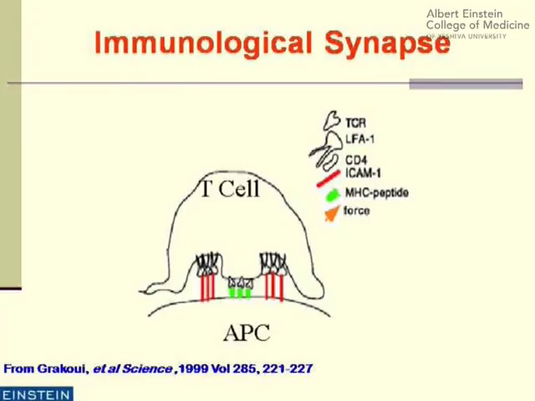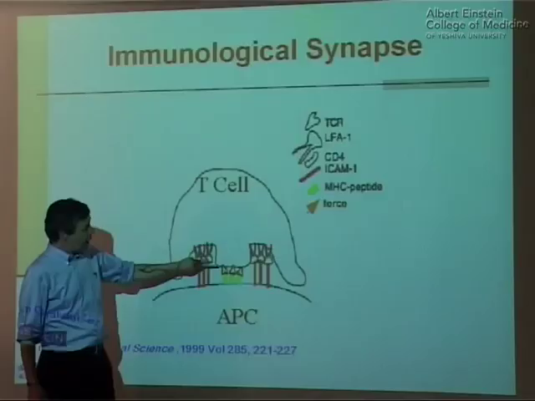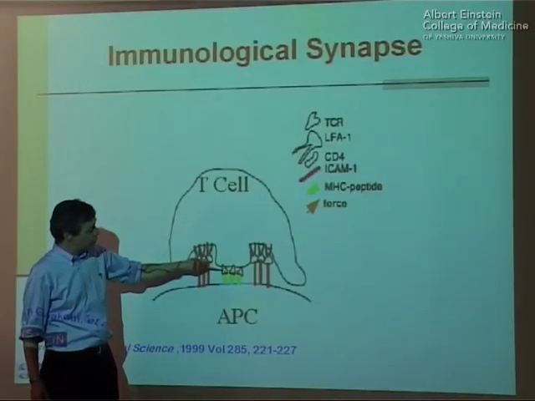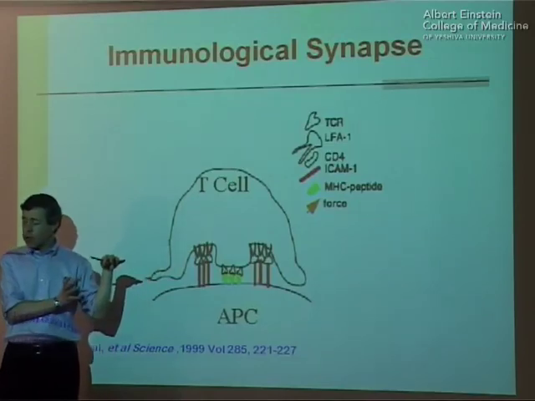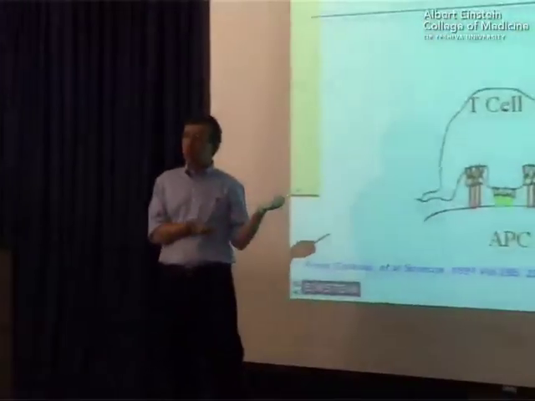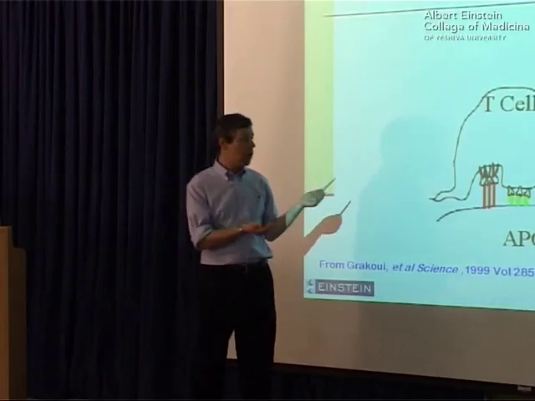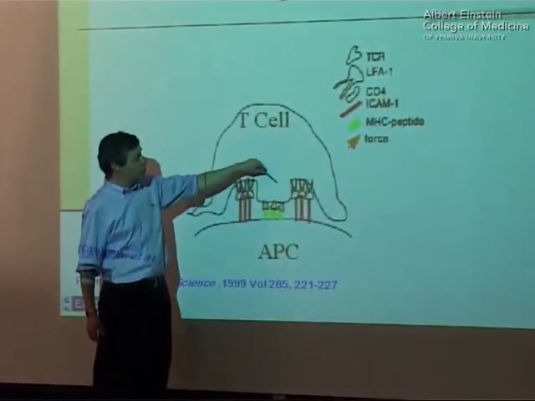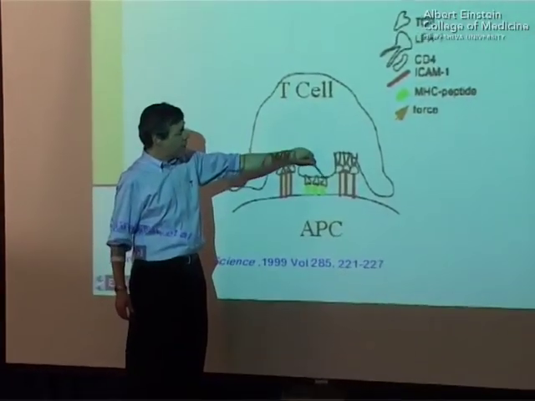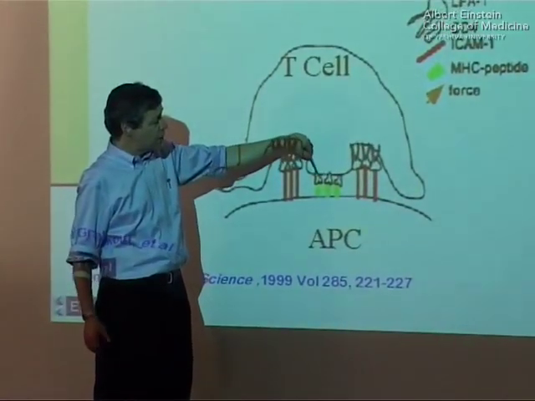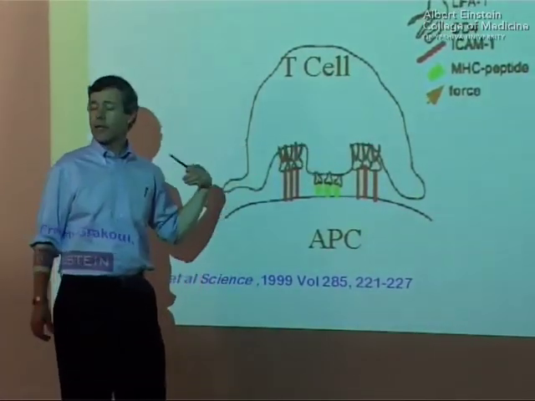Now, in order for antigen presentation to occur, it actually uses what's called an immunological synapse. What this immunological synapse does is it focuses these T cell receptors and MHC plus peptide, but now you have a large number of these in a very small area. Why is that important? When we talk about T cell signal transduction, you'll hear about how all the signal transduction molecules interact, and by focusing multiple TCRs in a very small area, that allows amplification of